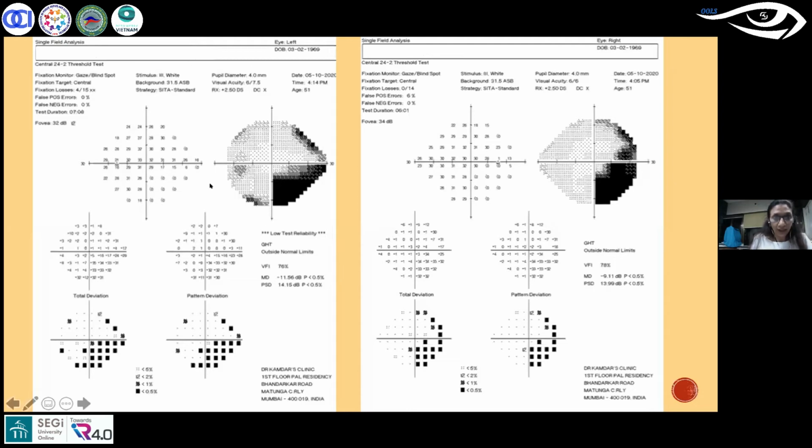So what I want to choose is, yes, now I did a 24-2 SITA standard, and if you find that this is the right eye and this is the left eye, this is the right side of the right eye and this is the right side of the left eye. So if you have to describe this field, you will say it is a homonymous, whether it's a,